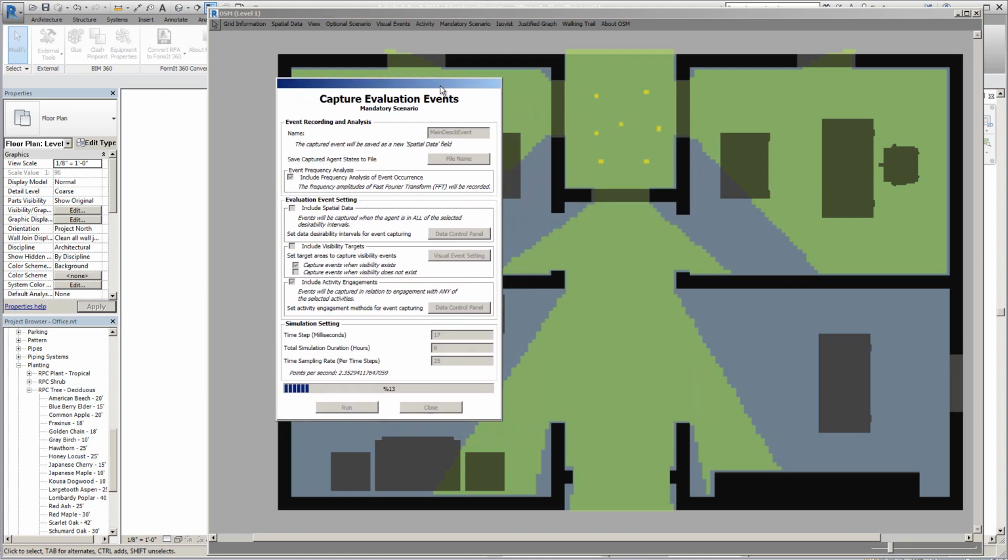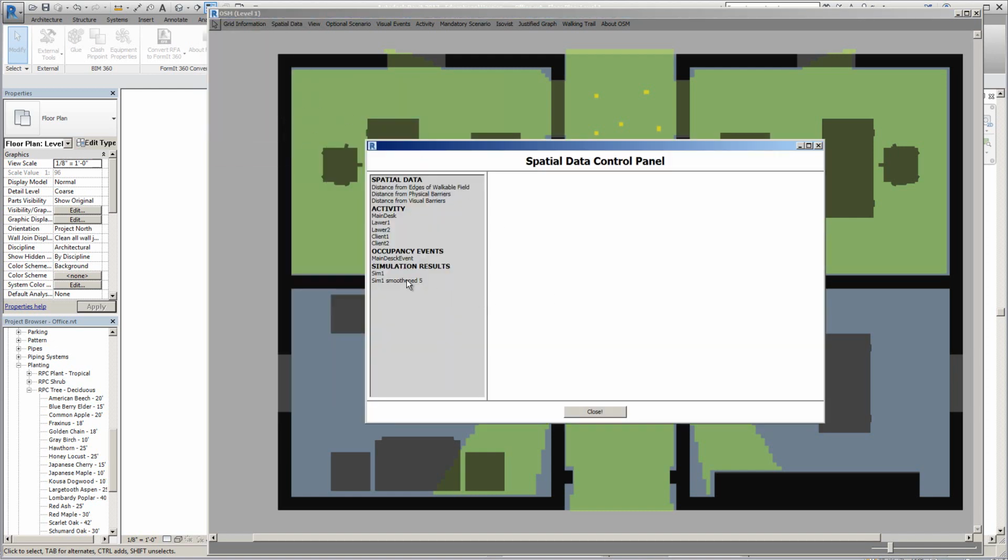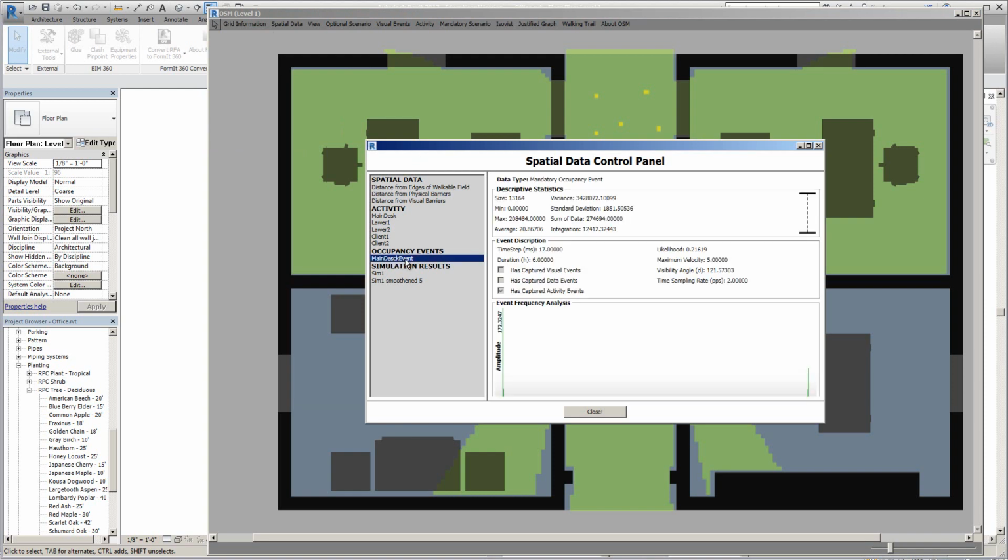All right. When the simulation is running, I wanted to emphasize that visibility is actually very important and is one of the key concepts behind developing OSM. And being in the potential visible area doesn't guarantee that visibility exists. Okay, with that out of the way, when the event is captured, it's going to be another field of data in the spatial data control panel. So we have this main desk event in here,